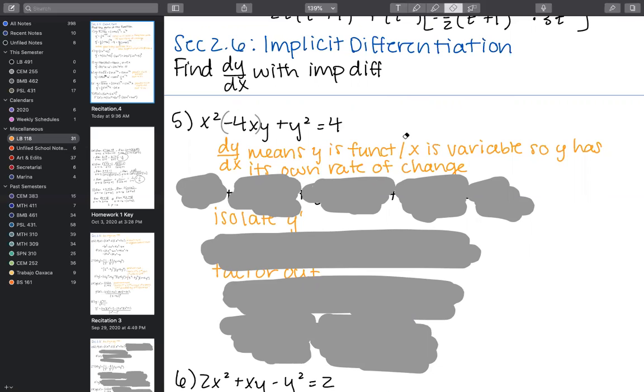in this class, given to you in any other way other than y or g of x or something equal to, and then the function. But here it is with a variable or with a constant on the right-hand side. We'll also do problems that have variables that have other aspects of the function on the right-hand side and the left-hand side of the equal sign. And so this should be your dead giveaway that you're going to be doing an implicit differentiation problem.